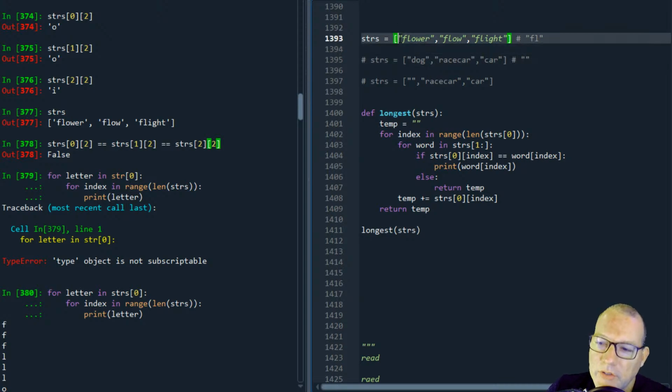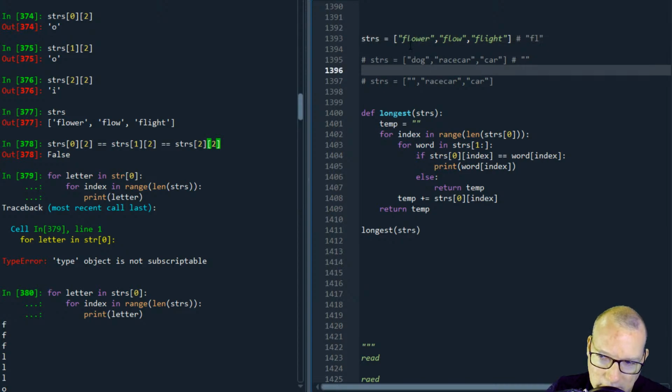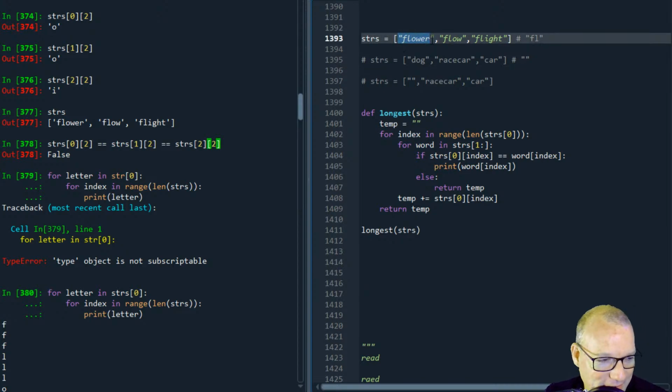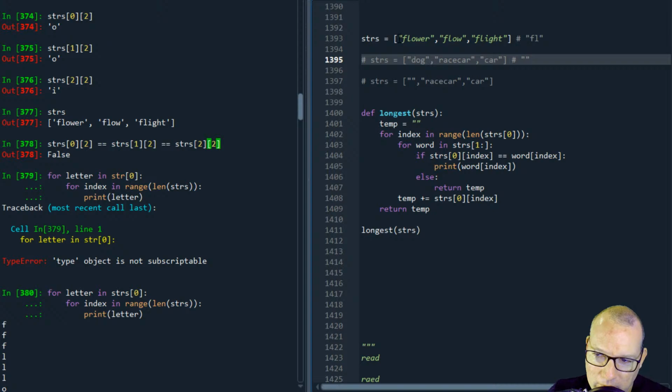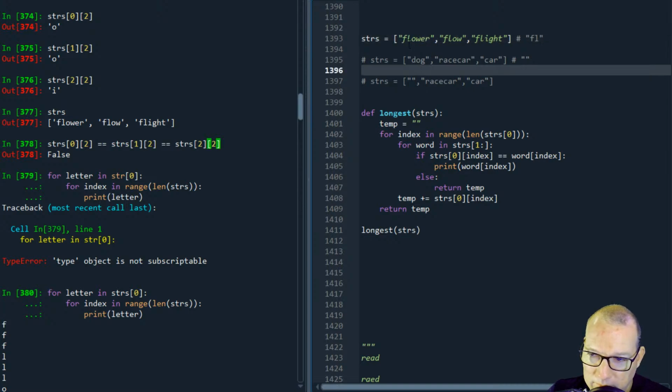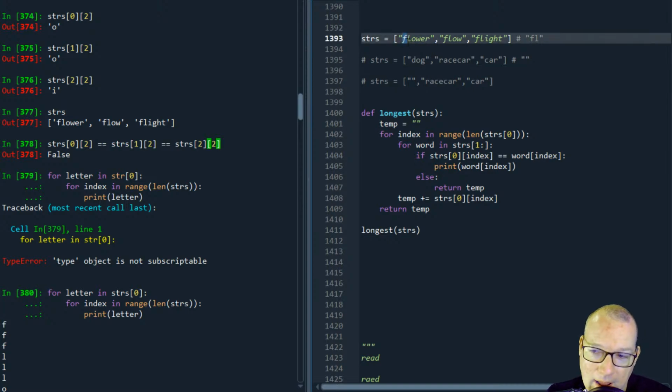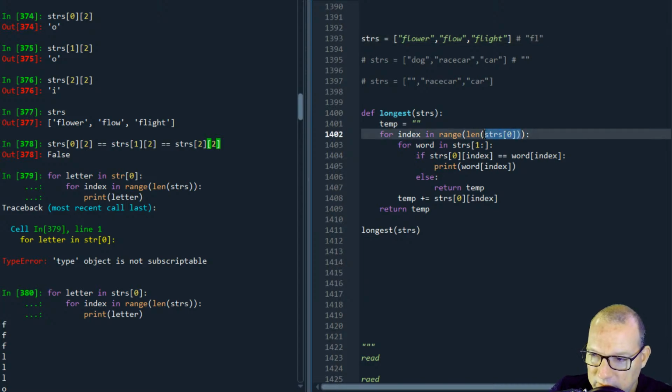The potential is all the other words could be flower. The likelihood of them all being flower is very low, but maybe flow, FLO, we could do all kinds of maybes. For it to be a prefix in common, it has to have an F in all of them. So basically what I did here is I carved out this first